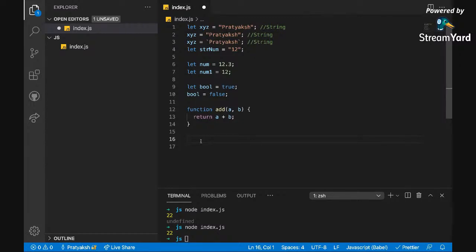Okay, so the function we define this way is what was given in ES5. In ES6, we got a new way of creating functions which we call arrow functions. It is very similar to what we do with a normal variable. Instead of writing function, we just say let add is equals to, then this function. Now this is the function name. Function name came over here.